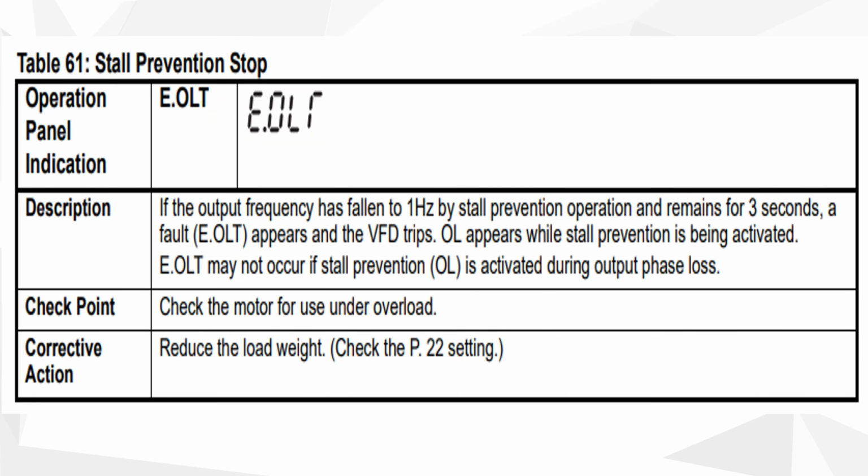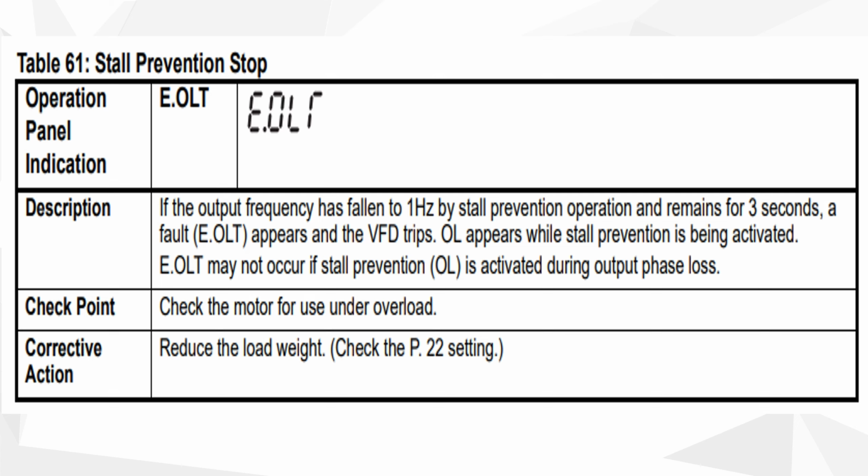है स्टॉल प्रिवेंशन स्टॉप, एरर कोड है E.OLT। ठीक है, तो जो डिस्प्ले पे दिखाई देगा, E.OLT दिखाई देगा। तो ये क्या है, ये जब हमारी VFD की आउटपुट फ्रीक्वेंसी कुछ और है और जो मोटर की फ्रीक्वेंसी है वो कुछ और है, डिफरेंस आ रहा है दोनों फ्रीक्वेंसीज में, और ये डिफरेंस 3 सेकंड के लिए जाता है, तो उस केस में ये ट्रिप करता है।